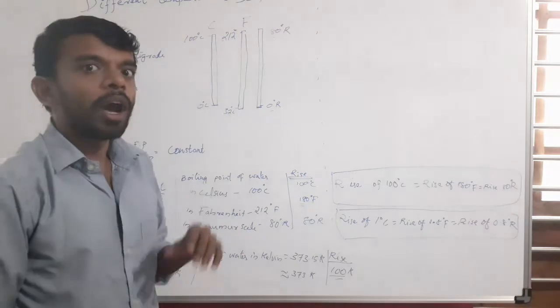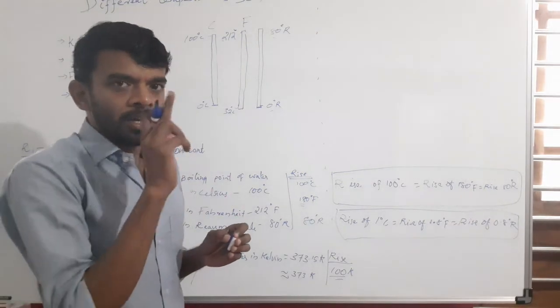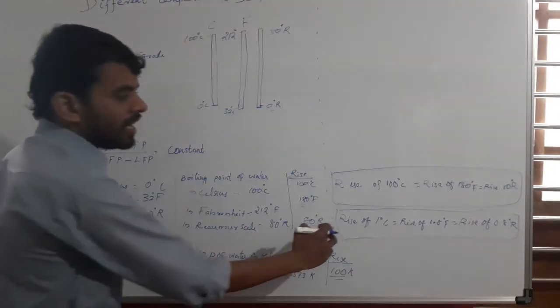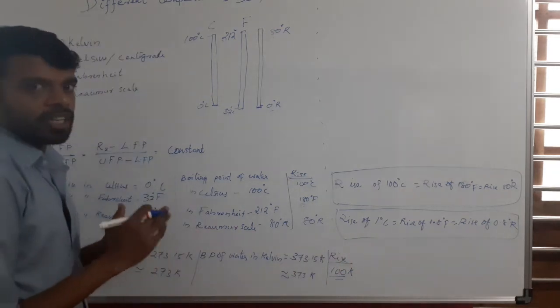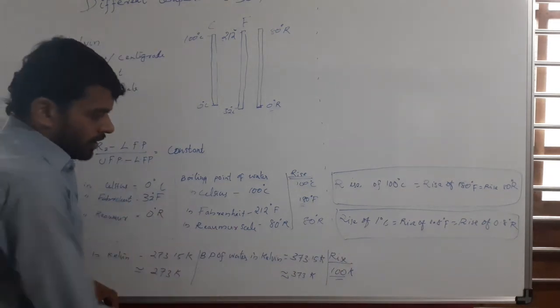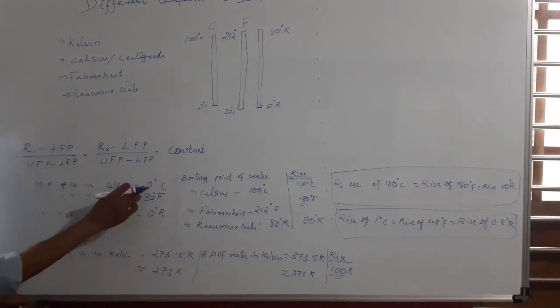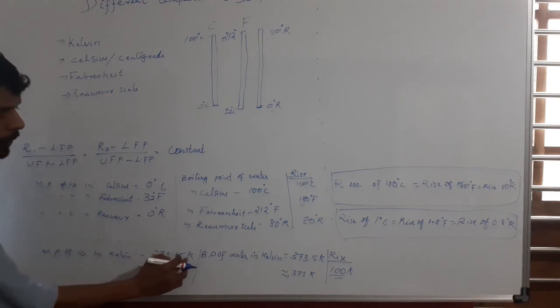But conversion we have learned yesterday, the conversion between degree Celsius and Fahrenheit. That is the conversion. Here we are relating the rise in temperature across different scales. Similarly, we are having one more scale, that is Kelvin. In Kelvin, the melting point of ice is to be taken as 273.15 Kelvin.